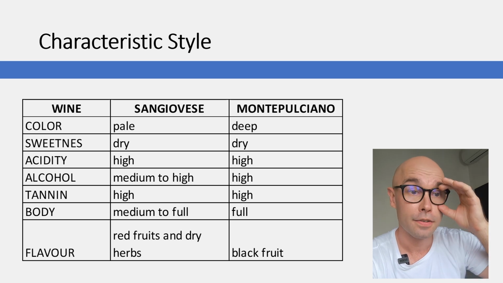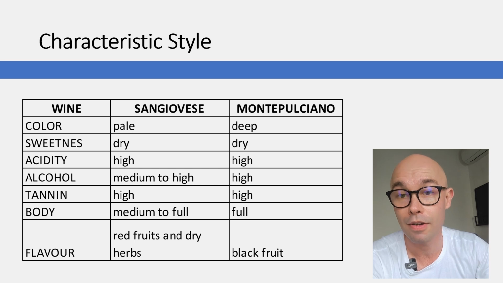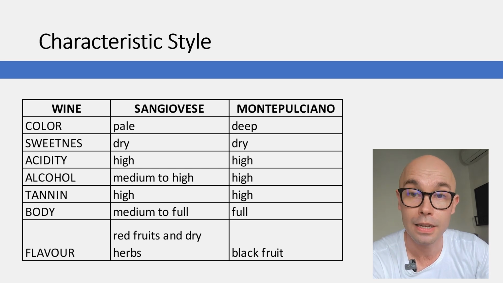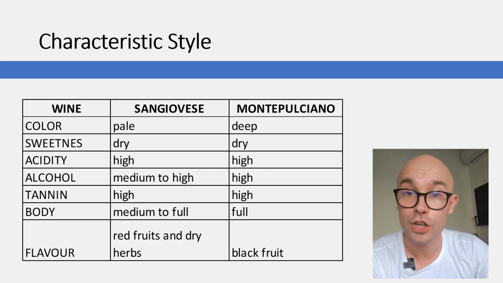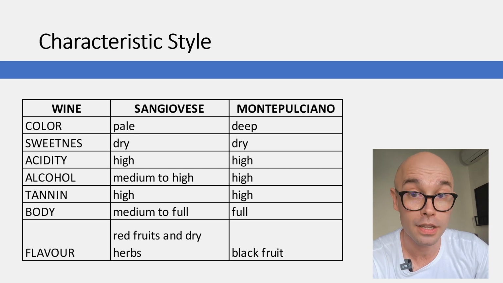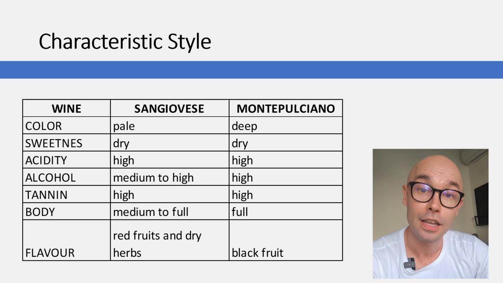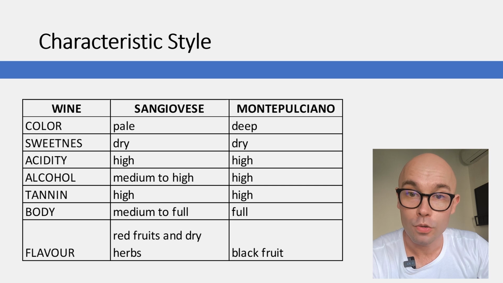So let's start. First of all, Sangiovese and Montepulciano are one of the most important black grape varieties in the central part of Italy. Also, please don't confuse the Montepulciano grape with the appellation in Tuscany of Vino Nobile di Montepulciano. Vino Nobile di Montepulciano is an appellation in Tuscany. Montepulciano is the grape in the region of Abruzzo. I'll explain these two grape varieties side by side. So let's start with Sangiovese.